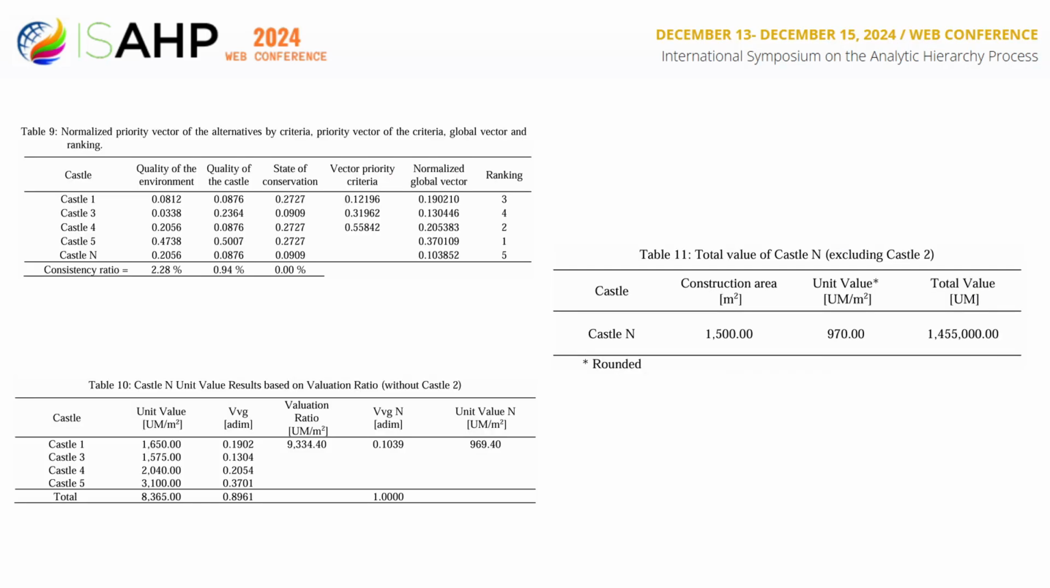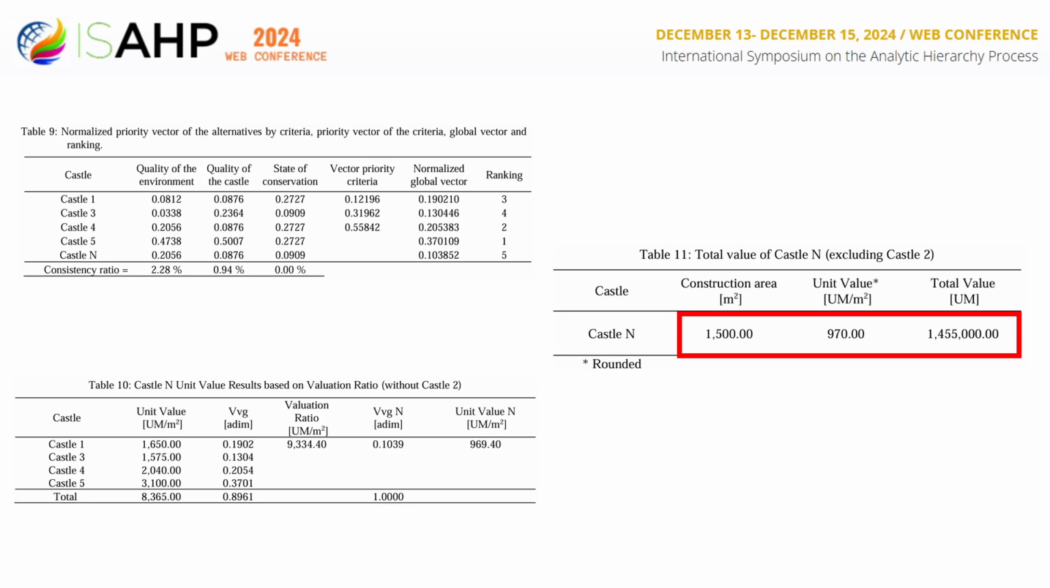Again, the appraiser consulted with his appraiser friends. They generated the pairwise comparisons considering the new alternative for the reciprocal matrix of the alternatives by criteria, obtaining the following results. Once the pairwise comparison matrices of the criteria and of the alternatives by criteria are determined, the table with the results for the normalized priority vector by alternatives, the priority vector of the criteria, the global vector, and the ranking is presented. In this other table is the result for the unit value of Castle N, while in this other table is the calculation of the total value for Castle N of